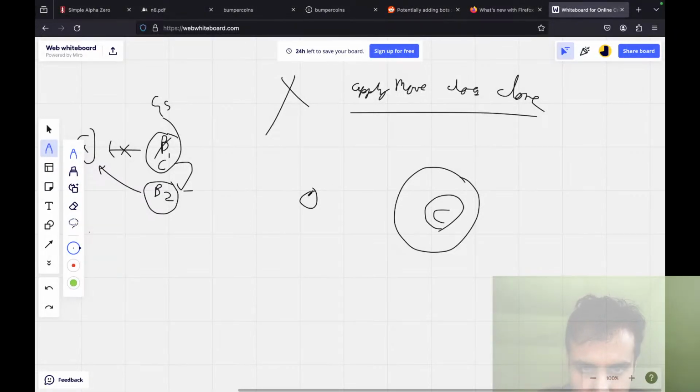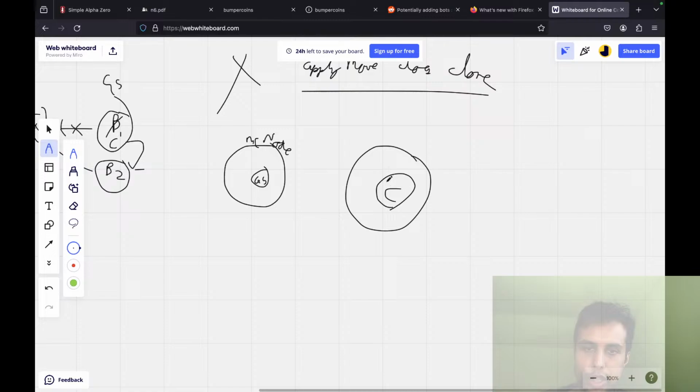This whole thing is the MC node, Monte Carlo tree search node. I think I'm going to write notes. That's the interpretation of this.